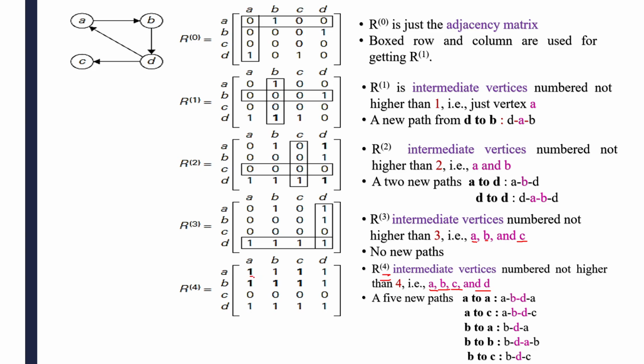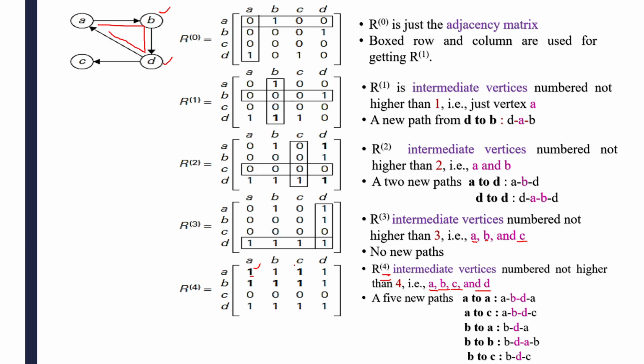With the help of these 4 intermediate vertices, you may get the path now. For example, A to A. Earlier, A to A, there is no path, but by taking B and D as intermediates, now I am getting a path here. That's why it is changed to a 1 now. See here, A to B, B to D, and D to C. A positive path is there. That's why it is 1 now.